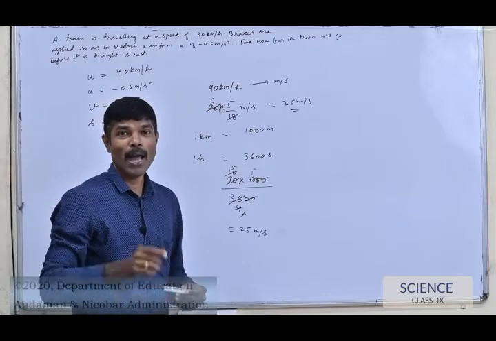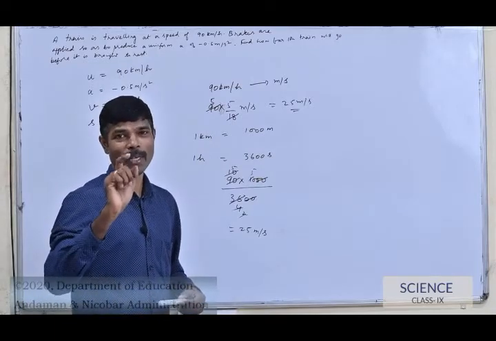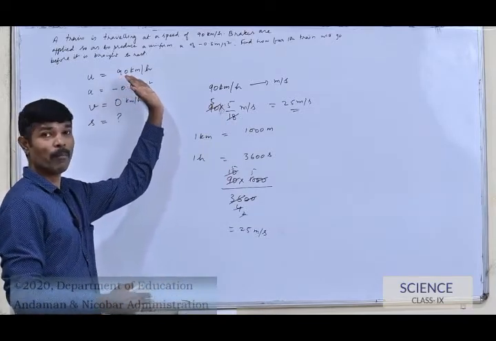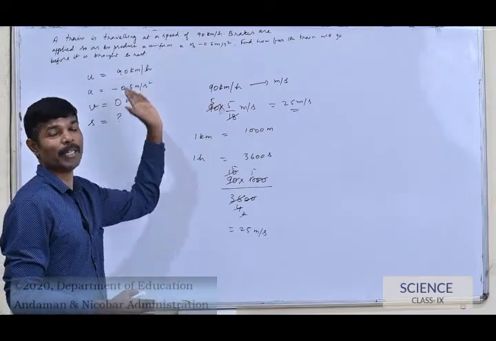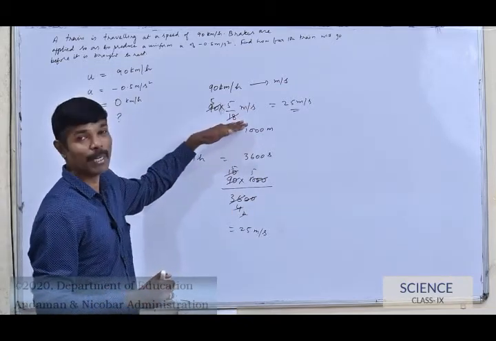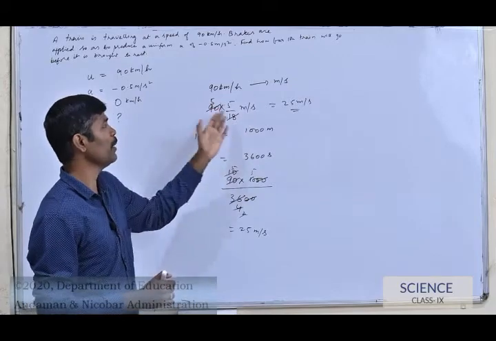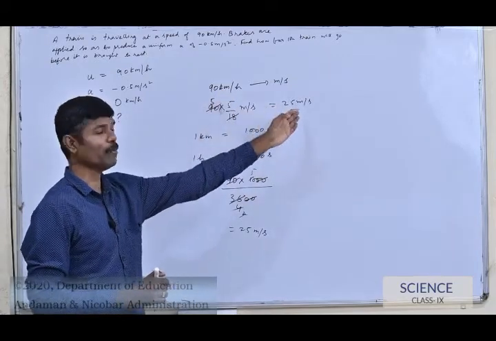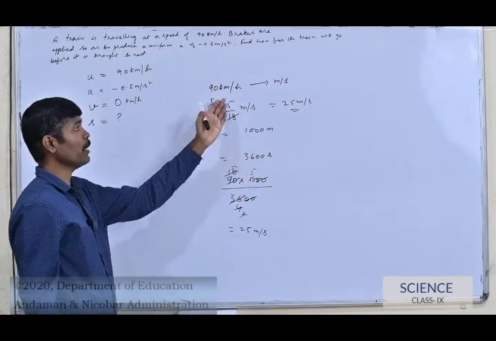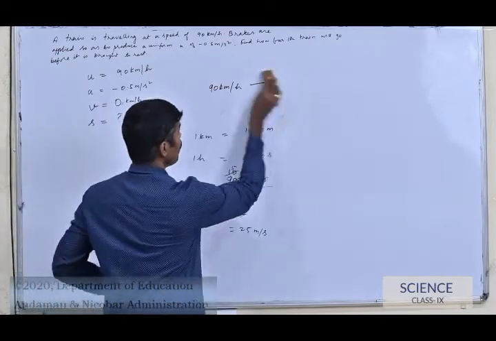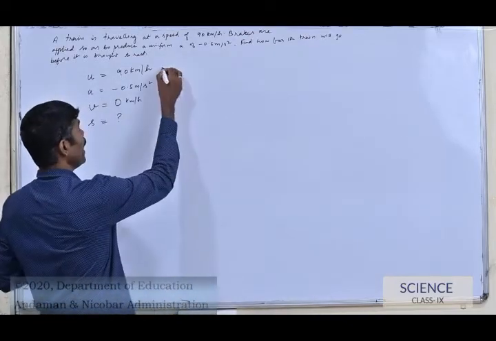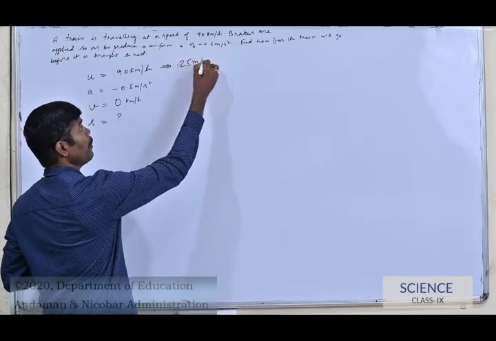So you have to remember the multiplication table of 18. Whatever conversions are given, mostly the value will be a multiple of 18. So care must be taken, and better you remember the multiplication table of 18. So simply you can convert kilometer per hour to meter per second by using one step. This way we can convert kilometer per hour to meter per second. So we have already converted. We can write 90 kilometer per hour as 25 meter per second.